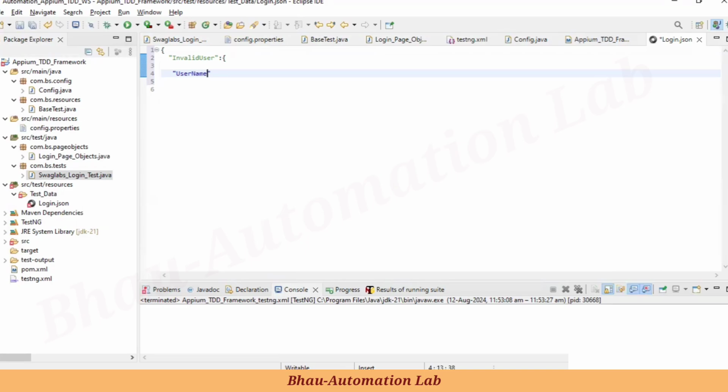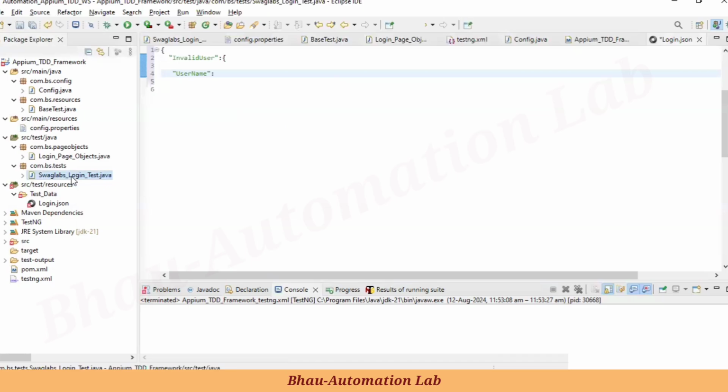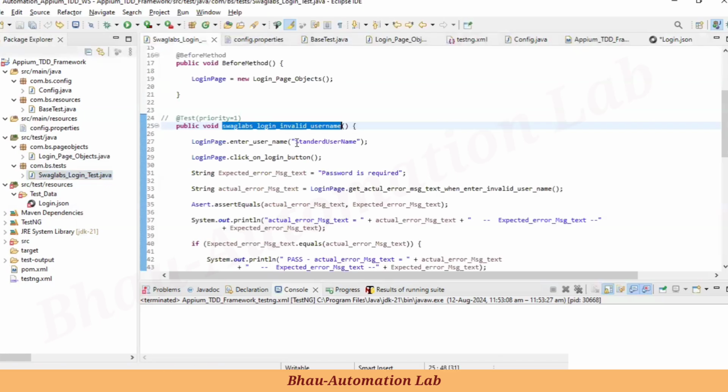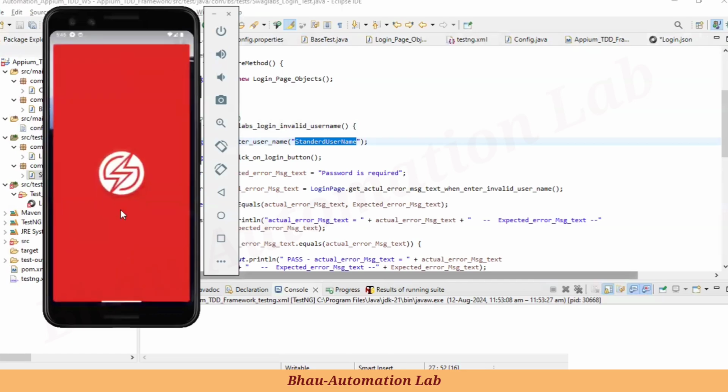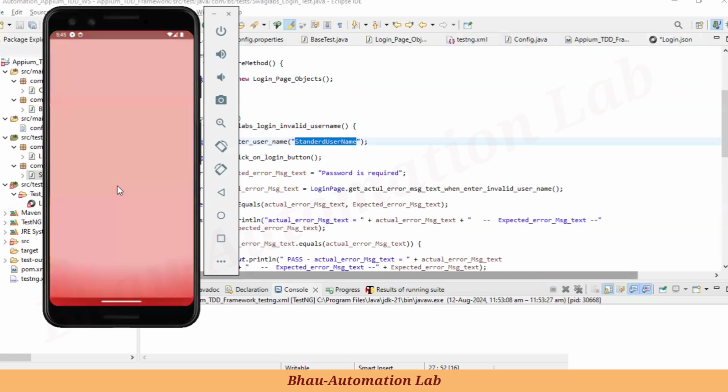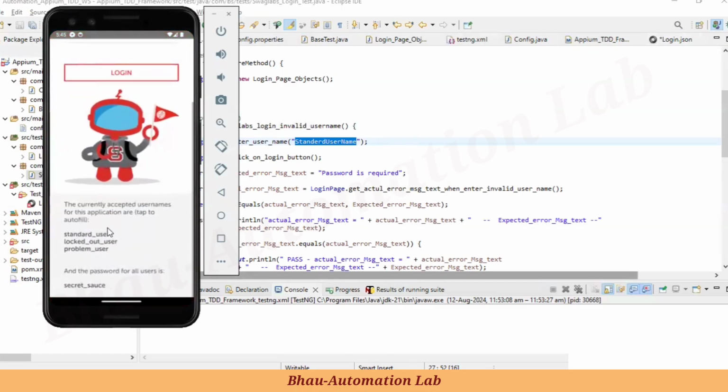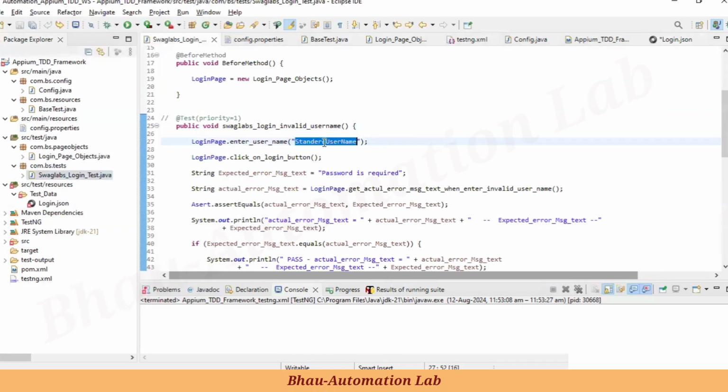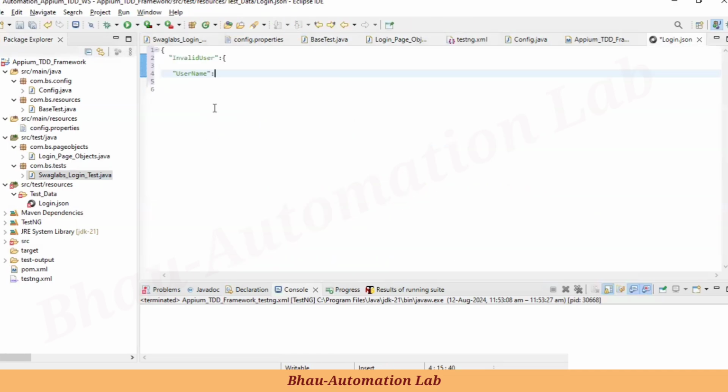Username should be passed as an invalid username. So I'll pass the current invalid username here, which we have passed in our test case. I'll open this test case, and we have passed the standard username, which is invalid, right? The current username in the Swag Labs demo is, let's open our app, standard_user. So we are passing the standard username here, which is invalid, right? So I'll just pass it right here as an invalid username,